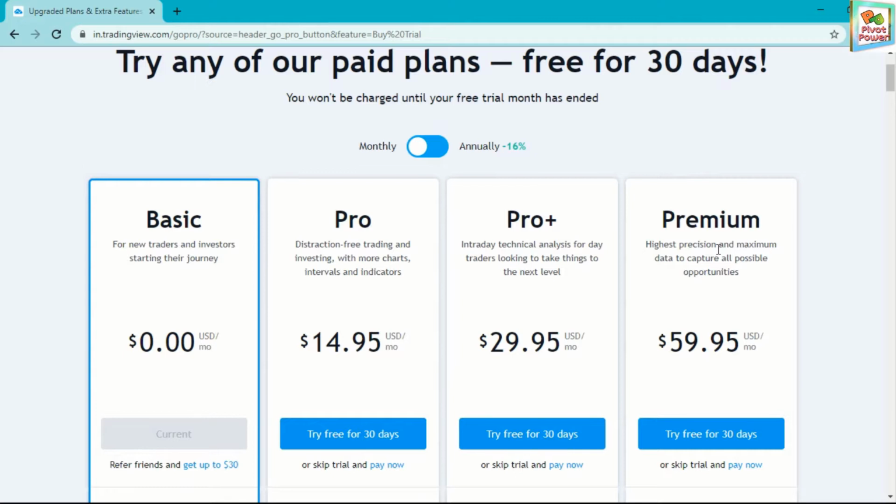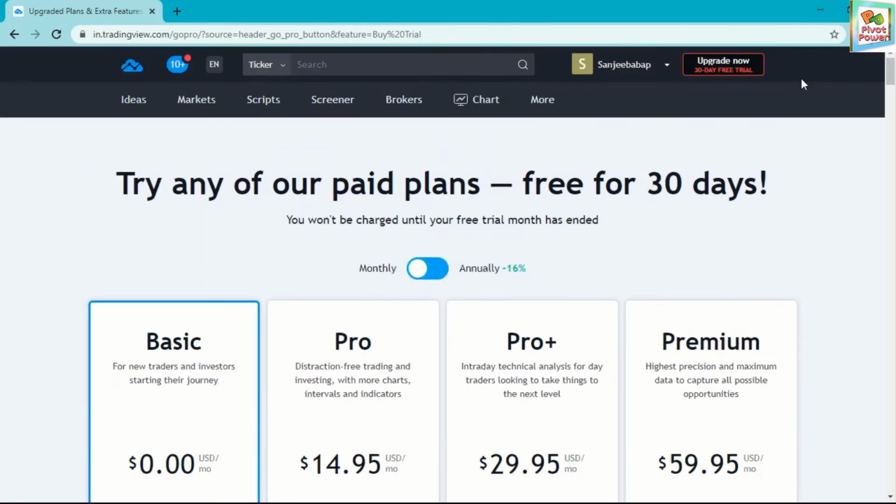In Pro Plus or Premium, some more advanced features are there, but don't worry, we will go with the basic one. With our coding, we can use more and more features in the basic version. Then go to the chart.